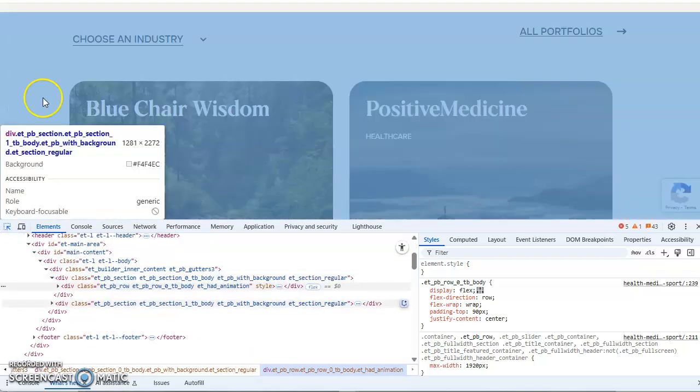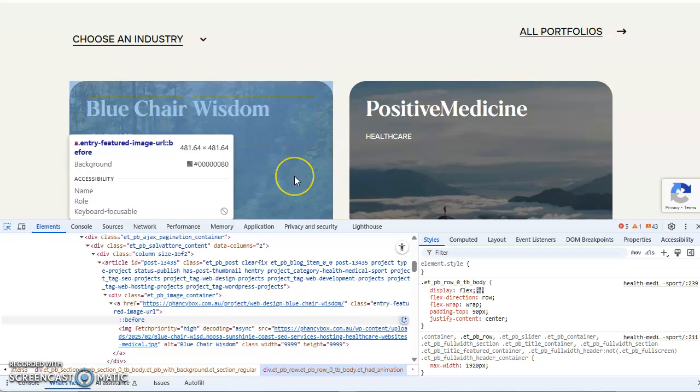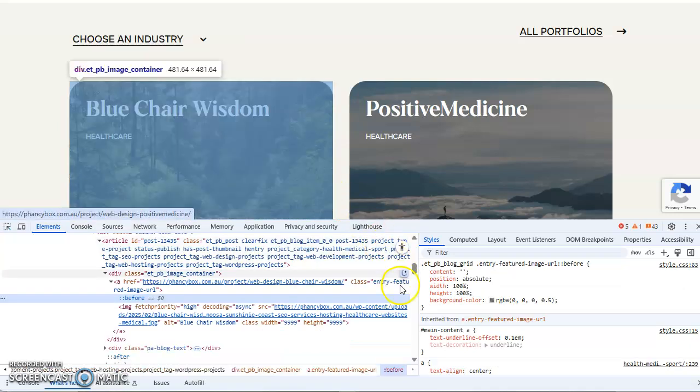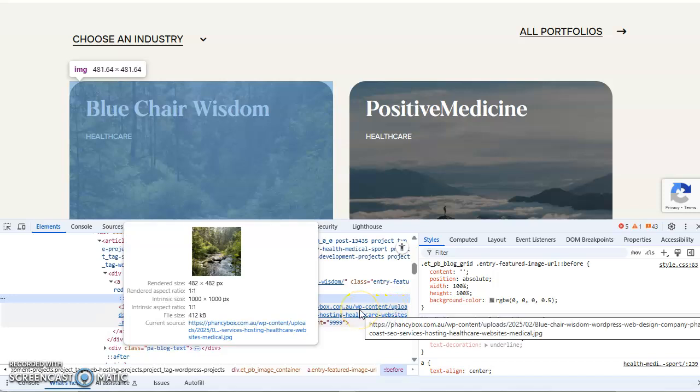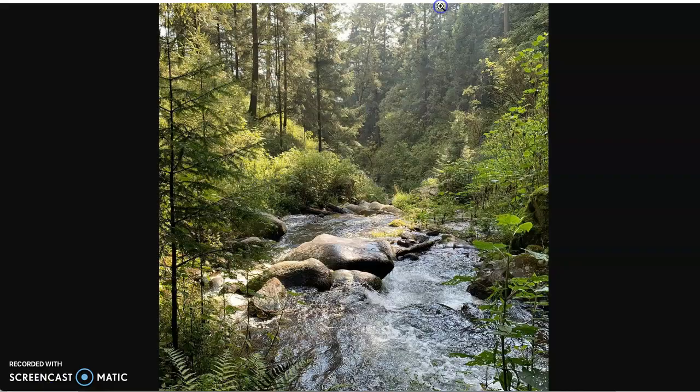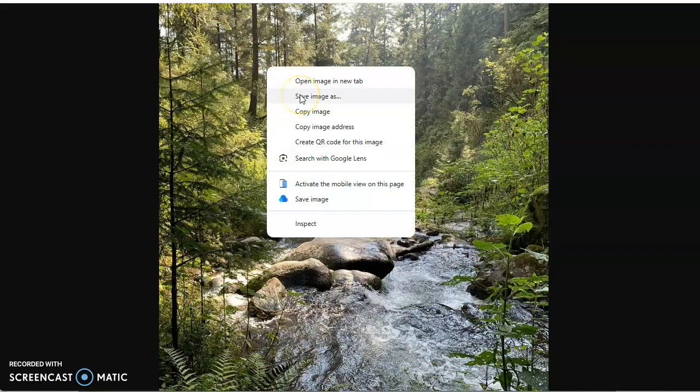Go to your image in question and highlight the whole image so that it appears in blue just by hovering your mouse over it. Then click on it, and you'll see the URL for that image, in other words, where it lives, in this bottom screen. If I hover over it, you will see a thumbnail of the image, which is just confirmation that you're in the right place. Right-click the URL, open in a new tab, right-click the image, save image as,